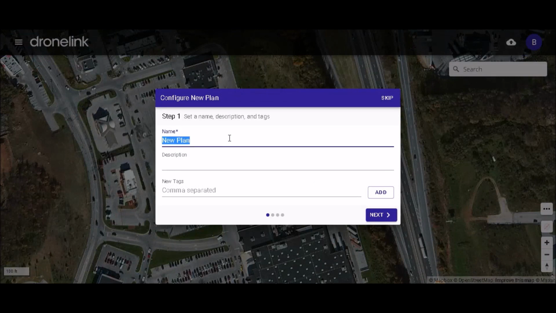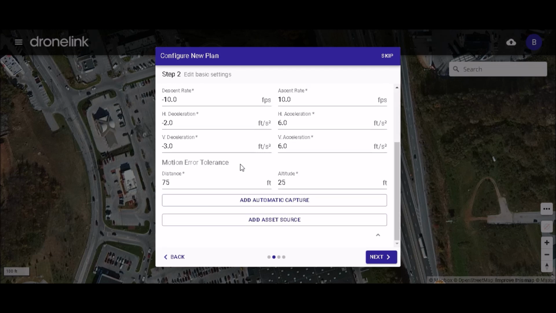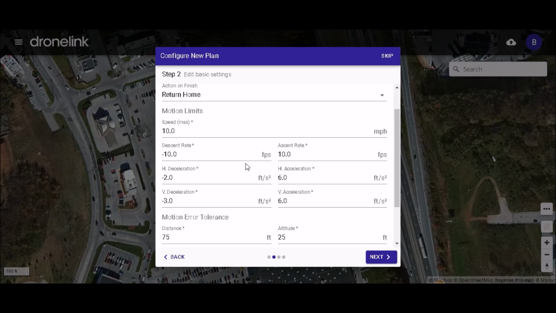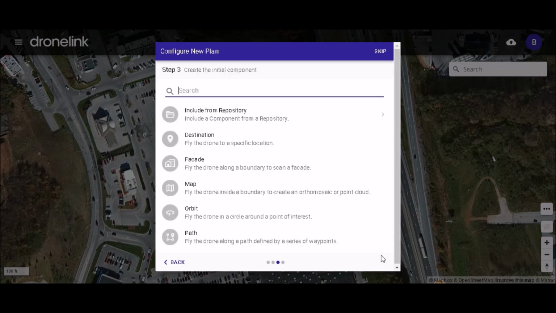We'll call it bridge. And I'm going to leave the speed set at 10 and leave everything else the same. Return to home when it's done, and the takeoff restriction I'm going to leave to specific area, just so if I go on vacation or something and accidentally click this, it's not going to try to fly to this bridge from wherever I am. So now I'm going to add a path,